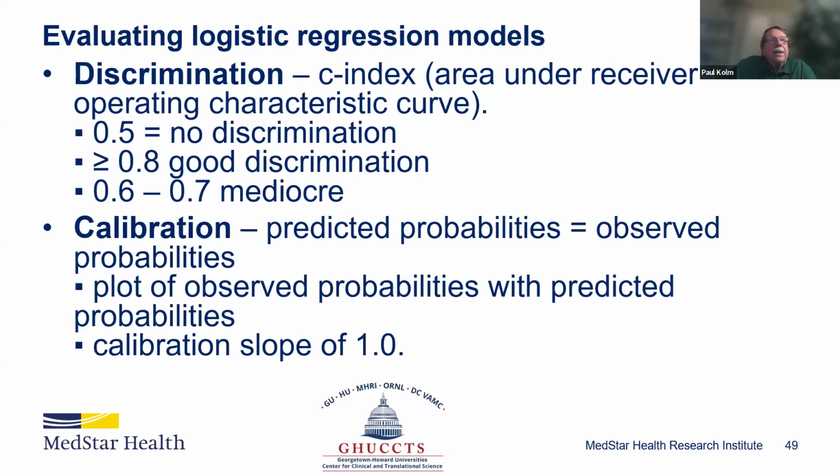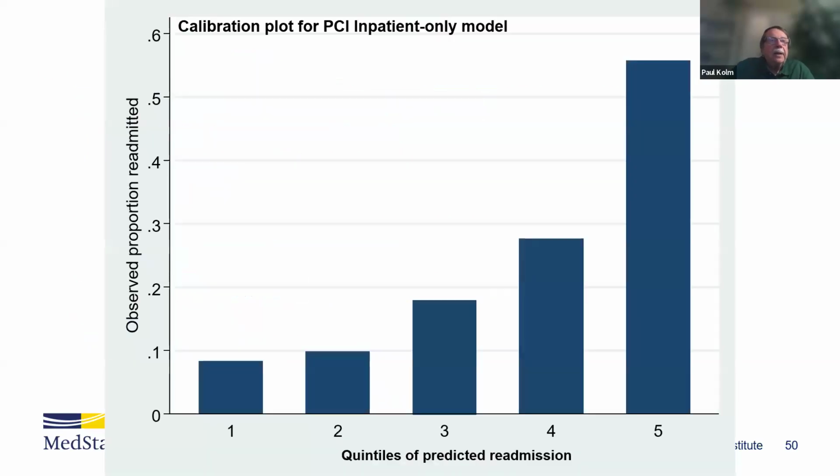And then in addition to the area under the receiver operating curve, we can calculate calibration. In other words, are the predicted probabilities equal to the observed probabilities? And so what we're going to do is have a plot of observed probabilities against predicted probabilities. And in this plot, obviously, what we would hope for is a slope of 1. That is, we'd have our observed probabilities being exactly equal to the predicted probabilities. And so in our 30-day readmission,